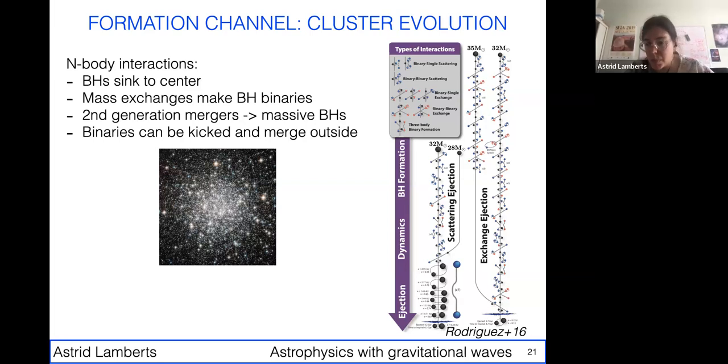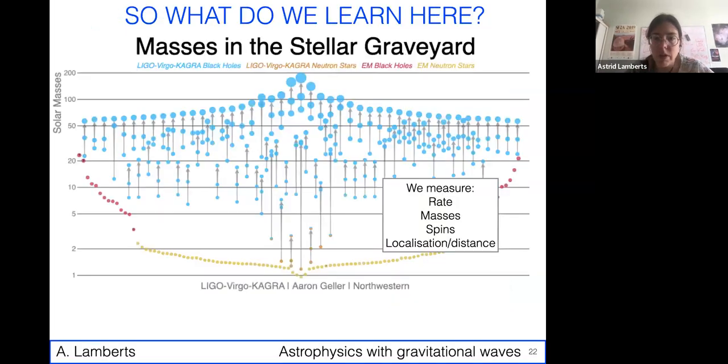It's very complicated to model, and many of these things are also subject to the uncertainties that we know from stellar evolution, because stars evolve in the same way in a cluster and in a binary, in the sense that they lose mass and they have supernova explosions. So some of the uncertainties only matter for binary evolution, some matter for cluster evolution, and some matter for both. So it's a very complicated picture before we actually reach this population.